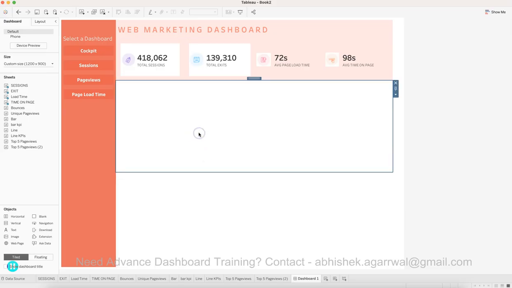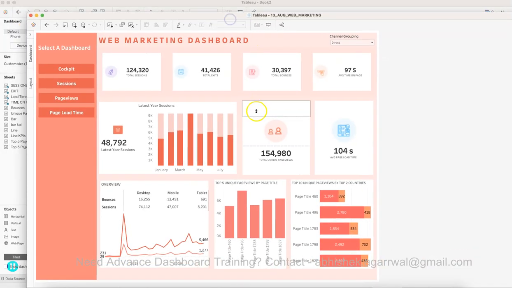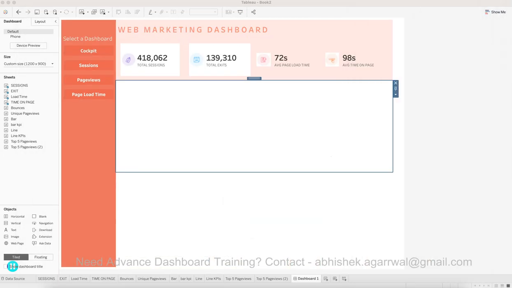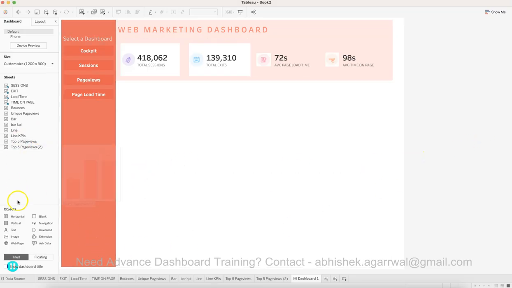All right, so with that, what do we need? We basically need a couple of, so we have bar KPI, bounces, and unique page views, right? So over there, if I just show you, all right. So over here, within a horizontal box, these are vertical components that I am having. So this is a very complex configuration, which I will show you now. All right. So for that, what do we need? We basically need a couple of